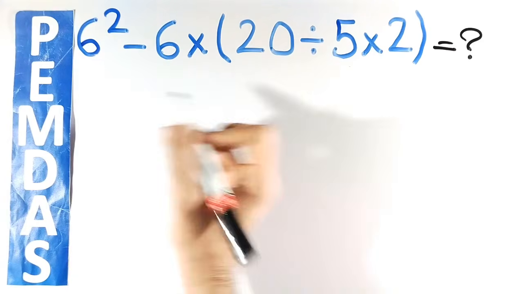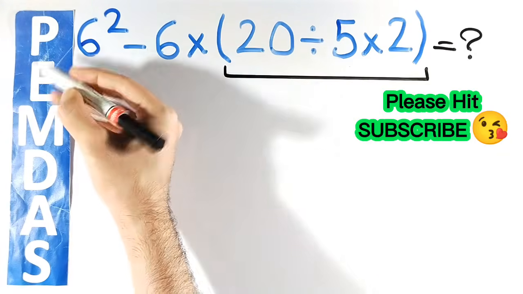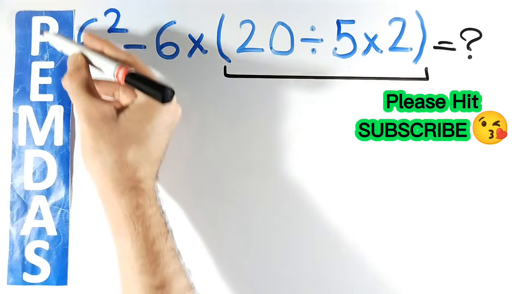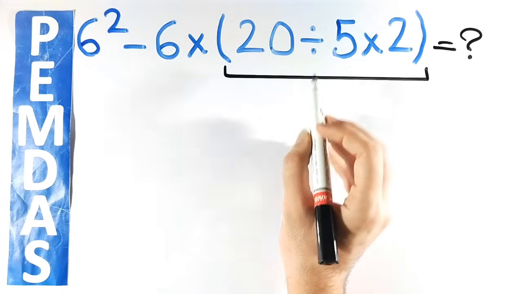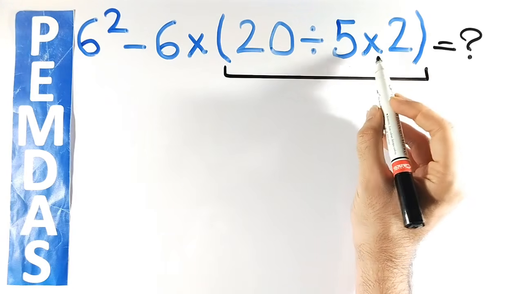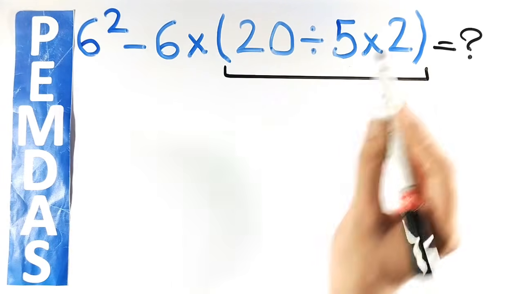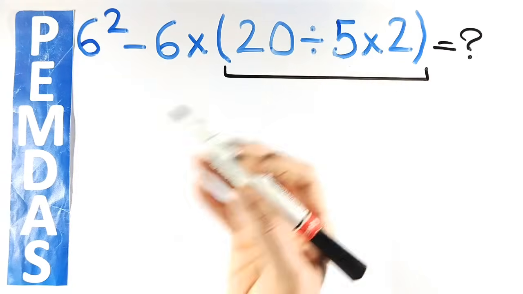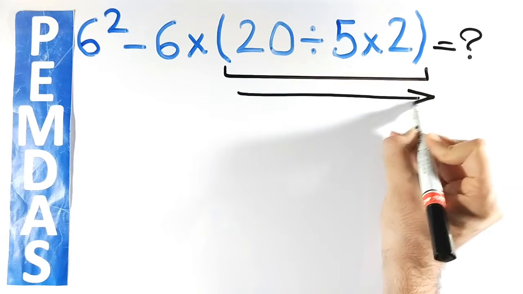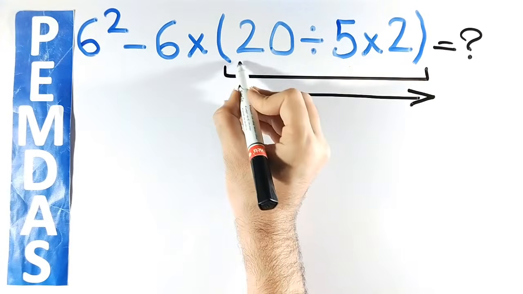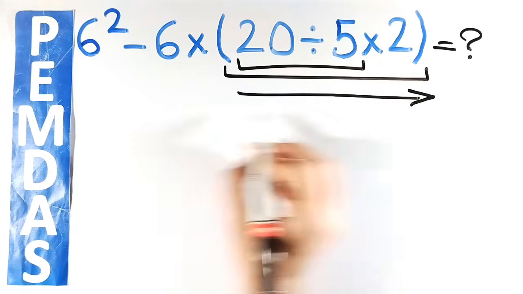According to the PEMDAS rule, first you go for the expression inside the parentheses because P or parentheses have the highest priority than the other operations. And inside the parentheses, we have one division sign followed by a multiplication sign. It's really important to understand that multiplication and division have equal precedence, and we must perform these two operations from left to right. So, first you go for the division between 20 and 5, and instead of this expression, we can write